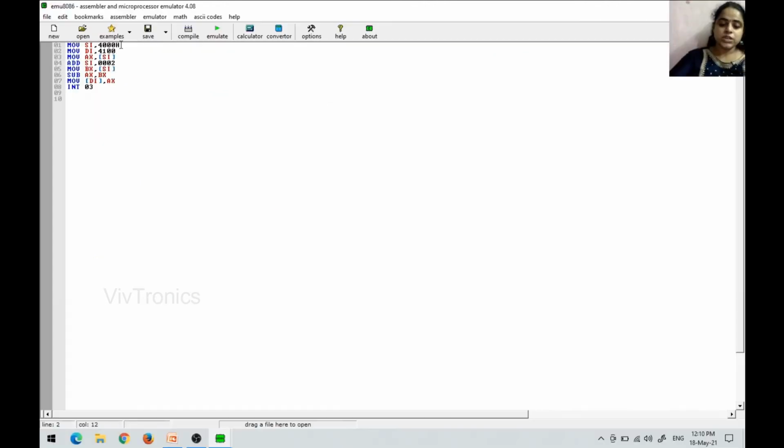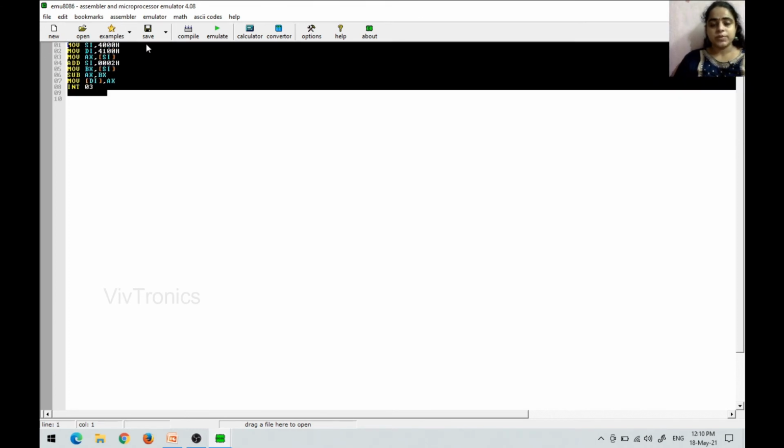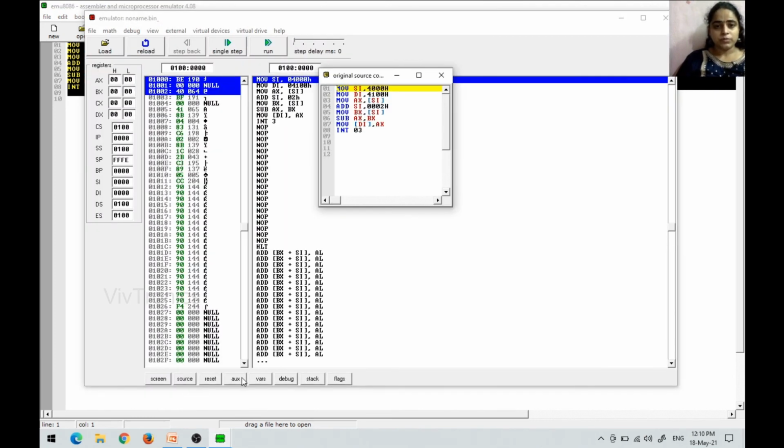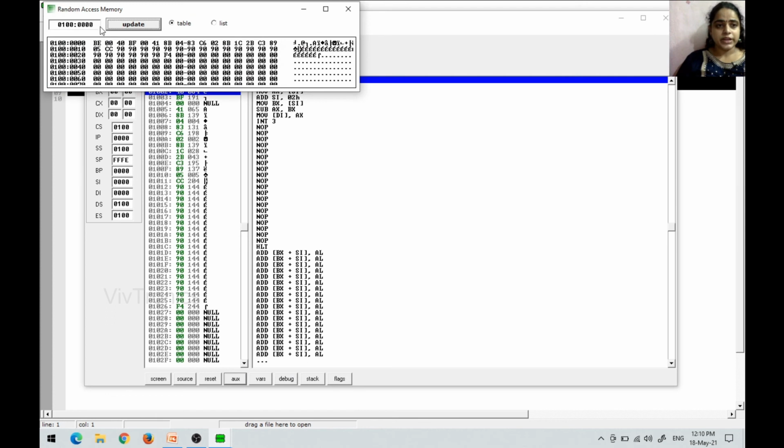Now we are going to see an example for the subtraction instruction. So check out the subtraction instruction. This is the program that I have explained just now. So now I'm going to emulate it. I'm going to memory, and I'm first going to give the data there. This is 16-bit 1234, so in the lower byte I am going to give 34, and 7889 is the other one. So this works as 7889 minus 1234.